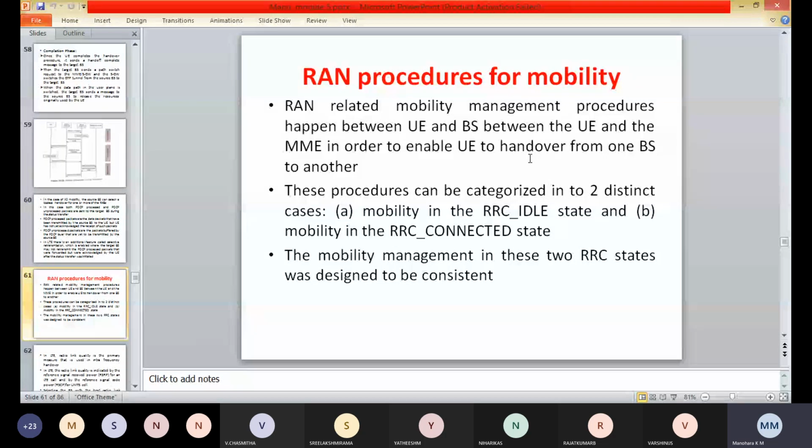Similarly, in the RRC_CONNECTED state, the EUTRAN will determine the optimum cell and frequency for the target eNode B in order to maintain the best radio link quality. The handover is initially based on one or more of the events that trigger a measurement report, that is A1 to A5 and B1 to B2.